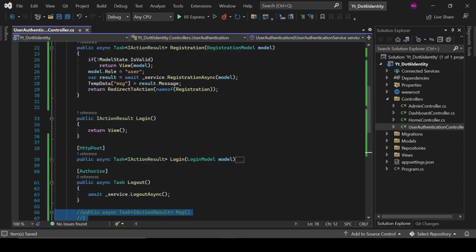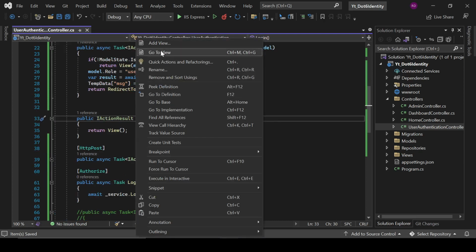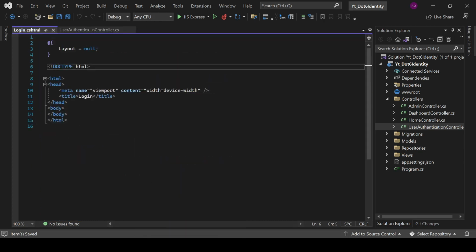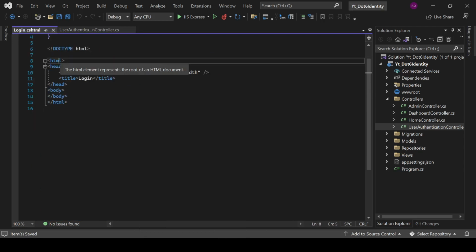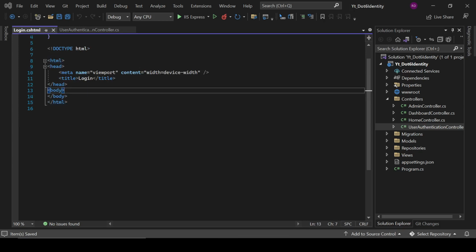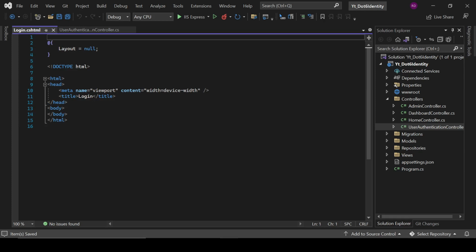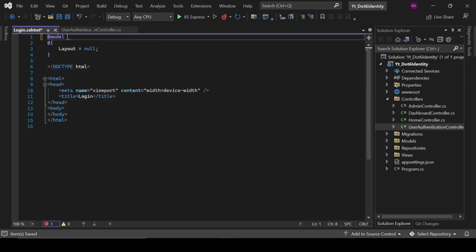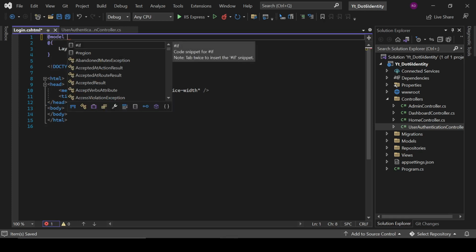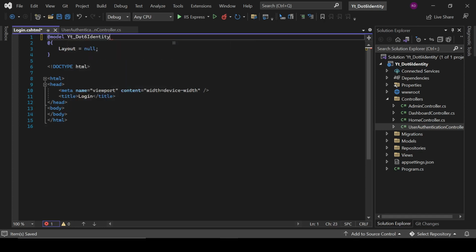Now write some functionality of login. So here, move here and here. Okay, right here @model, and the model, what is the project name, YT.NET6Identity.Models.DTO.LoginModel,